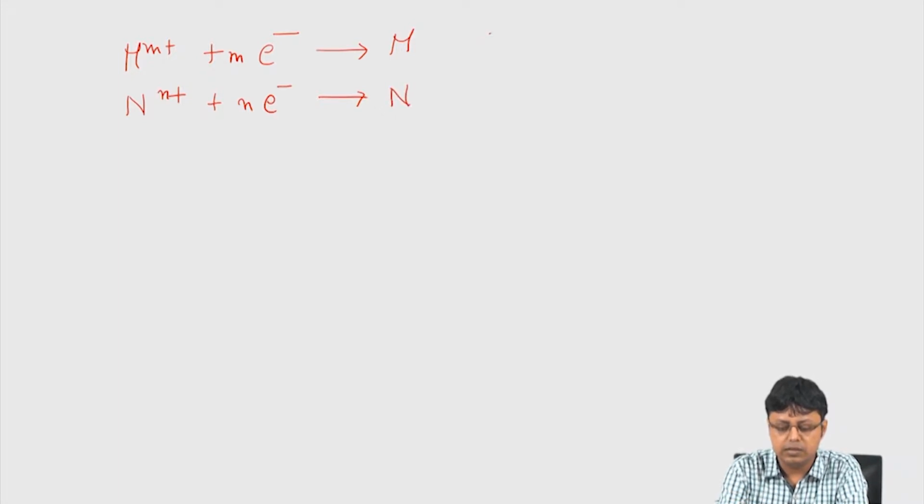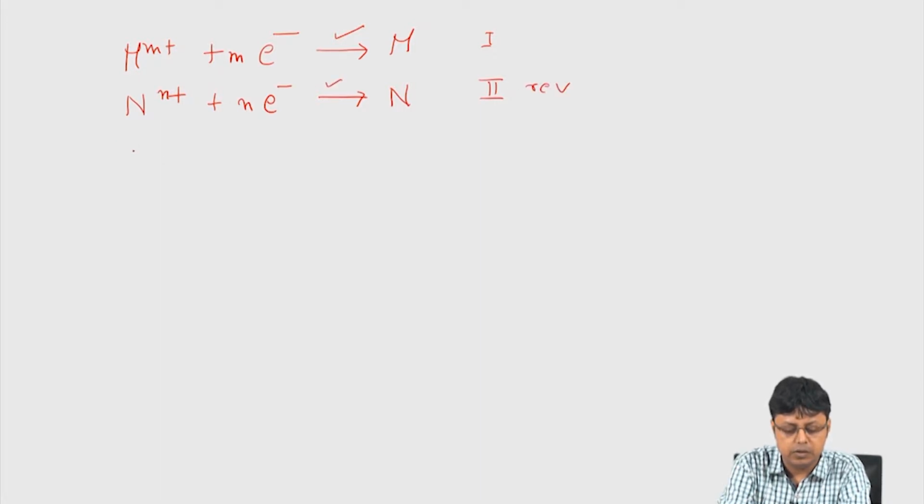So, suppose this is some reaction, say we call it reaction 1, and this is reaction 2, then if there is a spontaneous direction where this is happening in the forward direction, but this is happening in the reverse direction, then the overall reaction will be something like